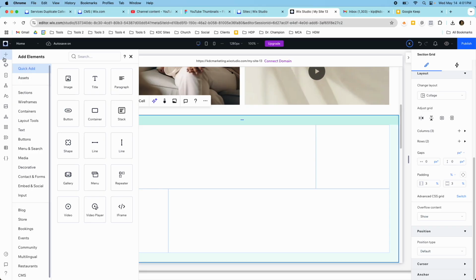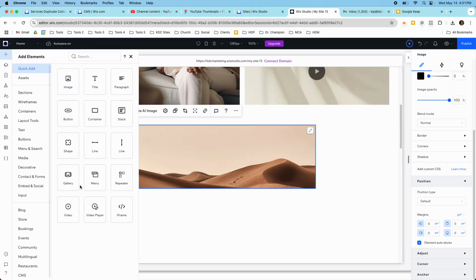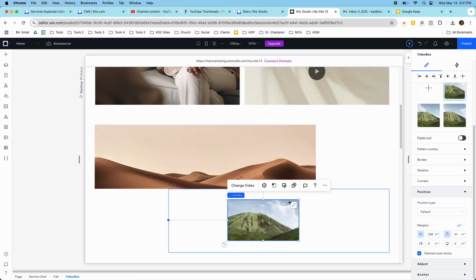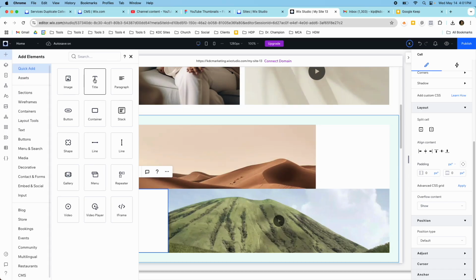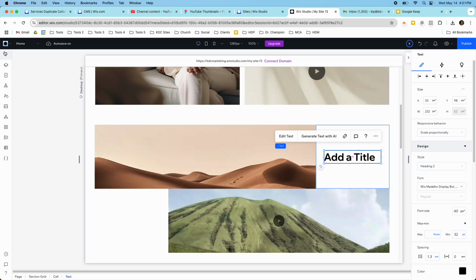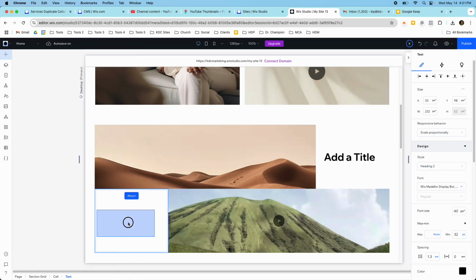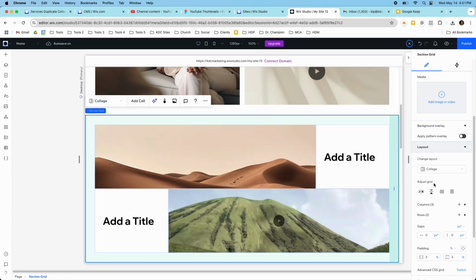So I'm just going to go over here to my add elements button. I'm going to add an image on this one. I'm going to add a video on this one, and I'm stretching these, and I might add a title to this one and a title to this one. So this might be my grid layout, and then I could also customize my grid here, my collage, and give